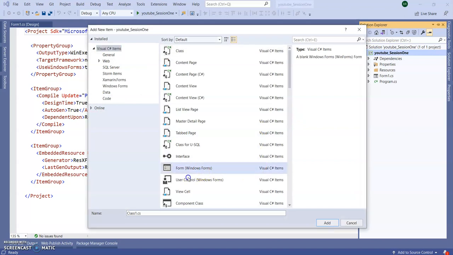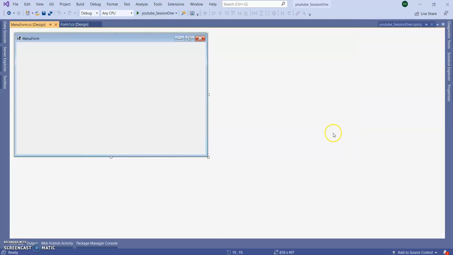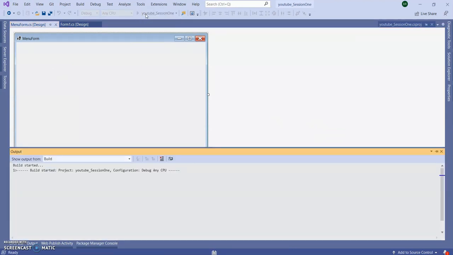So here I'm selecting Windows Form. I'm giving it the name, let's say, menu form. You can give your own name. Click on add. It will take a few seconds to add this form into your application. So you can see a form is added. So let's run the application and see how it is behaving.